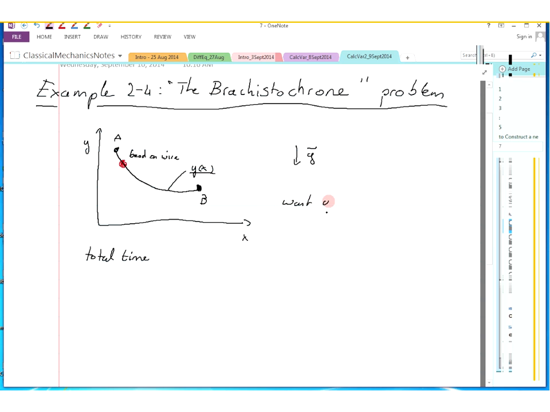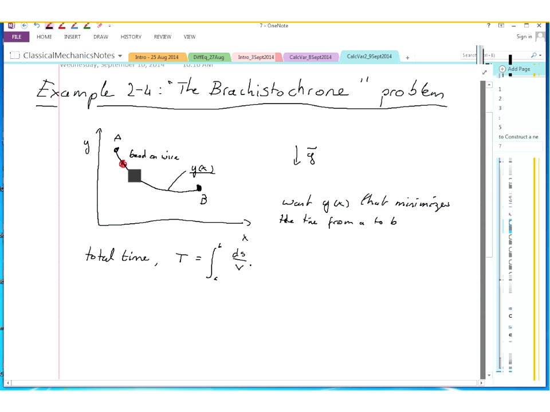So we want the y of x that minimizes the time. The total time, t, is going to be given by an integral from a to b